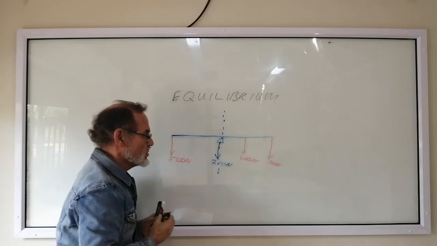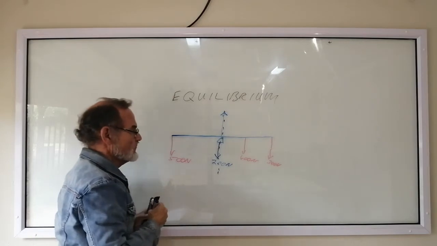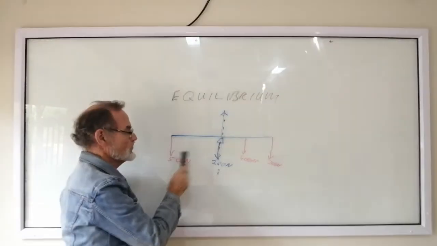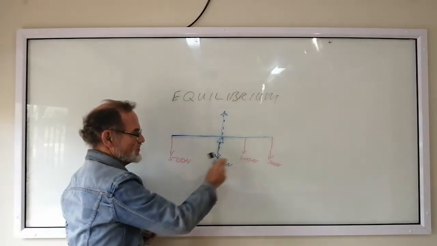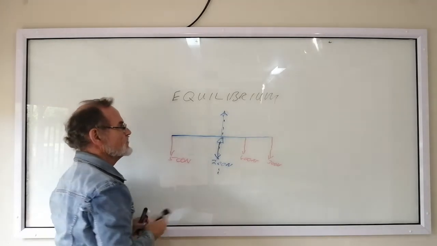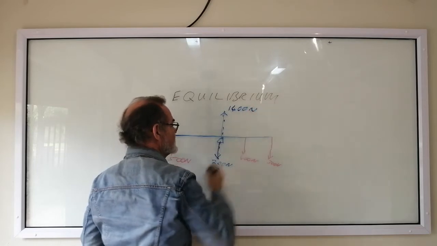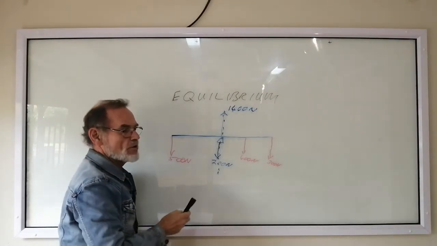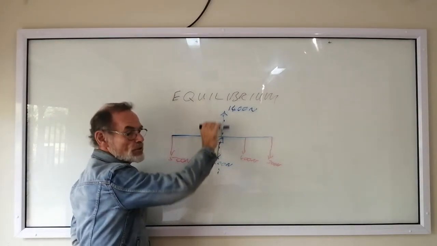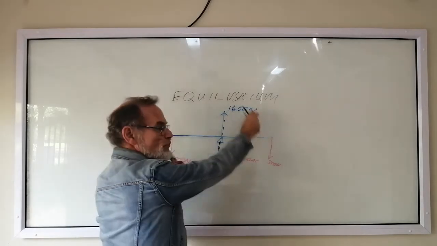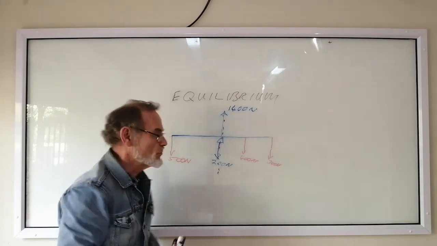and there's a contact force acting upwards, and that contact force has to be the same as all of these forces together. So this is 3, 4, 7, 9 and 5 is 14. So this would be 1,400 Newton that way. Now the forces, there's no net force in this direction, so this will not move that way and this will not move that way. So that's the two conditions that are necessary for equilibrium,